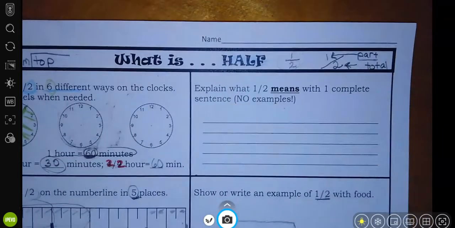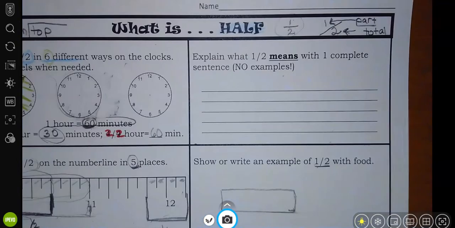Now, this is a long math video because, well, no, you know what? I'm going to stop the video just in case my parents get here so that I don't think I have to finish everything at once. So, this video is only showing you what is half. It will also show you, however,